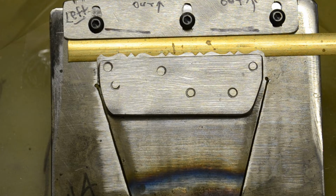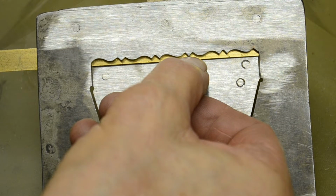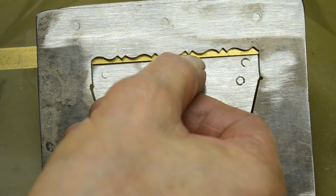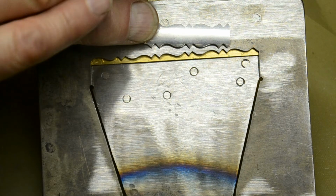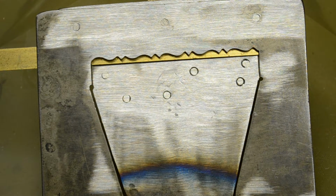One way to avoid all of what I'm going to talk about here is to load the wire into the die so that it only comes down to the very edge of the design, and that will leave you very sharp, super sharp points at the end of your wire here, like this little piece here where the wire comes down like that. It's sharp from that, and it's sharp from the design. So to avoid that,